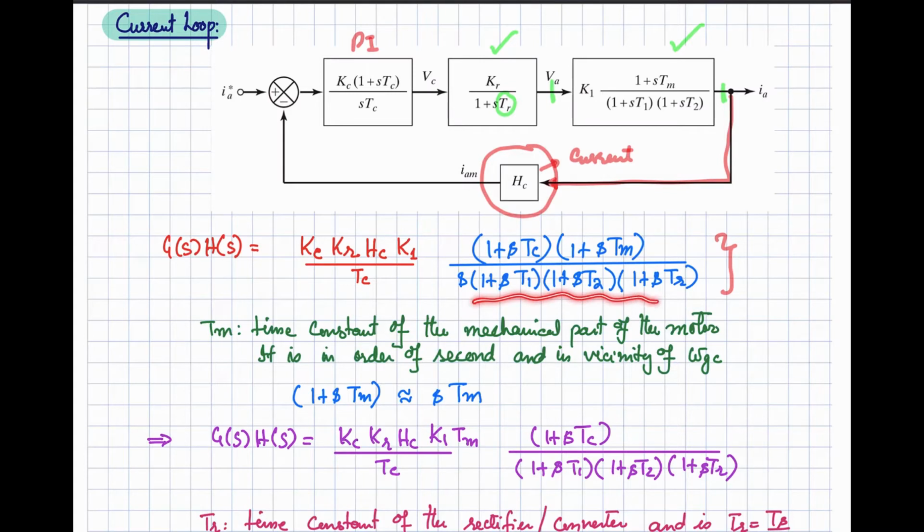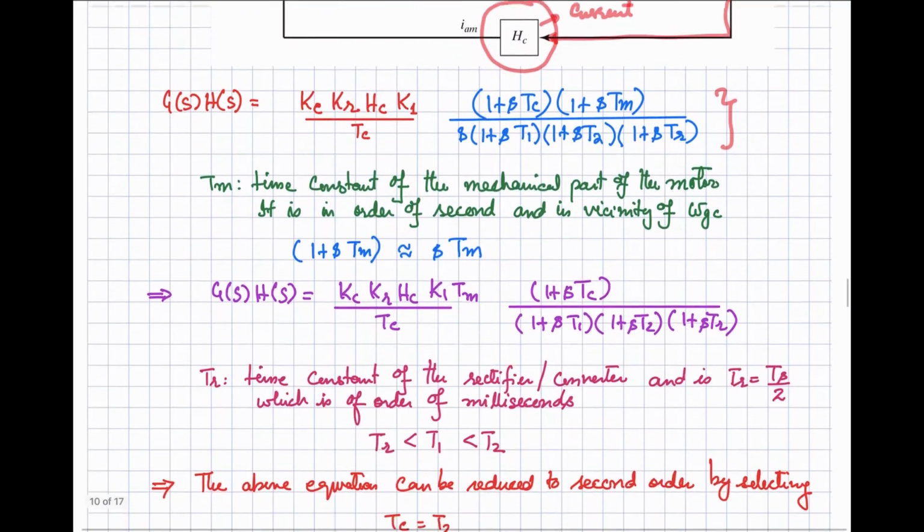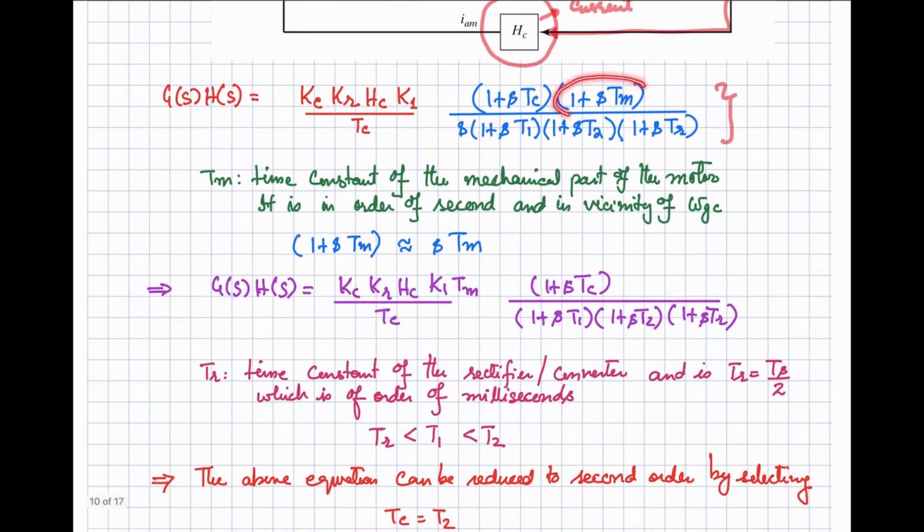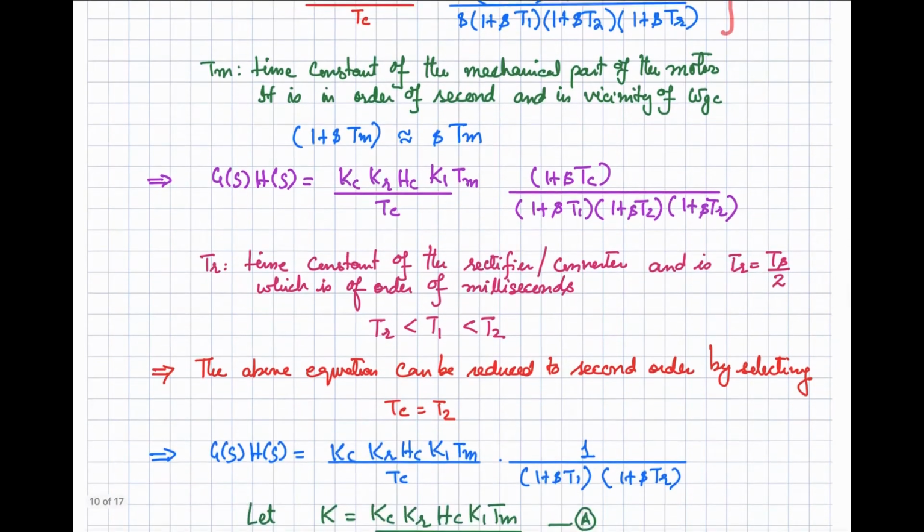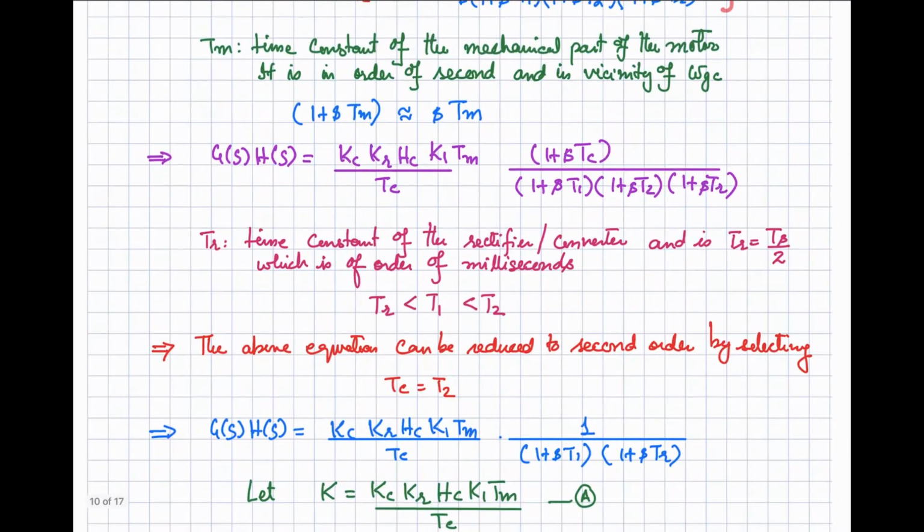It's a fourth order equation, and in the last lecture we discussed how we can approximate it with the help of a second order equation. So the first approximation was that we are going to represent it as simply STM, and if it is represented like that, then this S and this S will be cancelled out. So these two will be cancelling each other, right? If it is the case, we can write it like that.